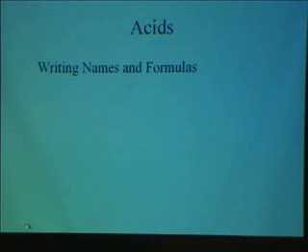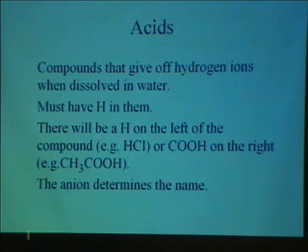The next mini lesson is on acids, naming and writing formulas. So acids are compounds that give off hydrogen ions when they're dissolved in water. As such, they have to contain the element hydrogen. There'll be two places where you'll see that hydrogen. Most commonly, it'll be the first symbol on the left-hand side of the formula, or you could see